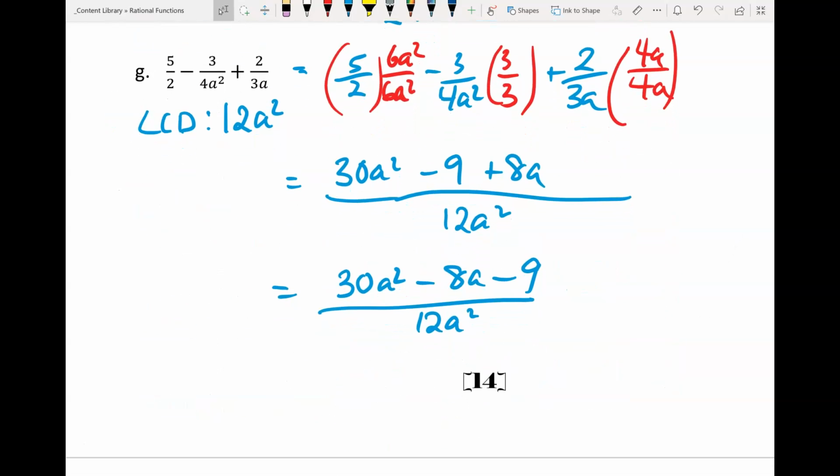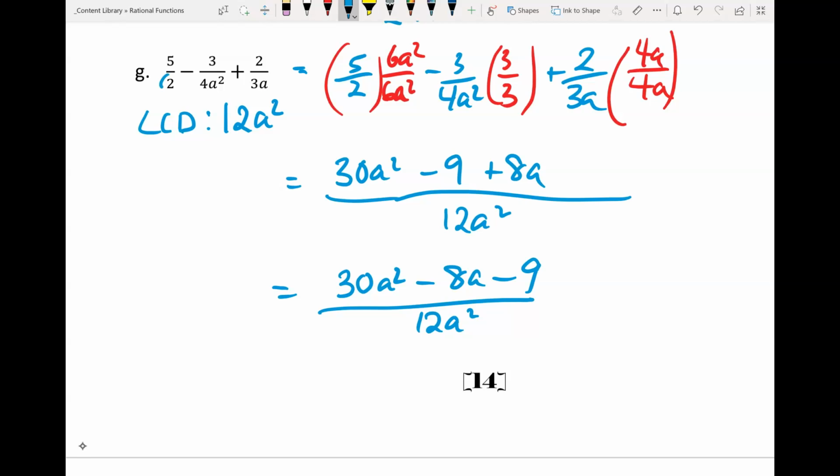Moving on to the next example. Here our LCD is 12a squared. You could have done 2 times 4 times 3 if you wanted to for your LCD. Again, it wouldn't be called an LCD anymore because it's not the lowest one. It would just be a common denominator. So if you used 2 times 4 times 3 as part of your common denominator, again, that is fine. You should still get the same answer in the end, but really your LCD should be 12a squared